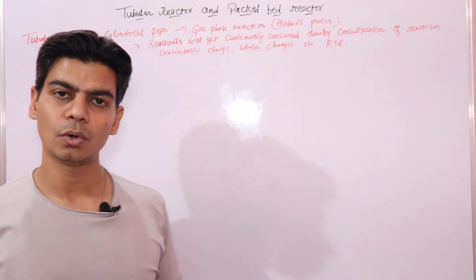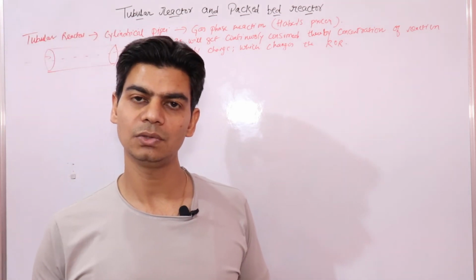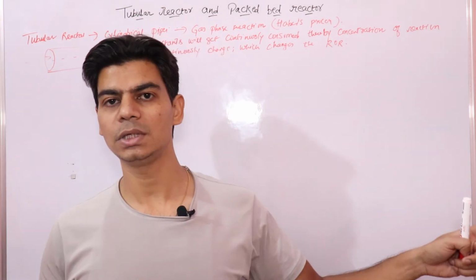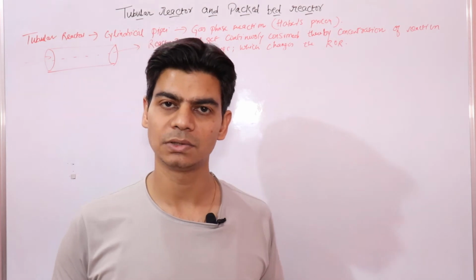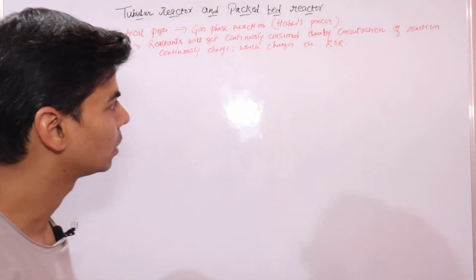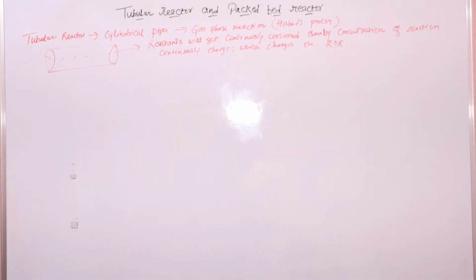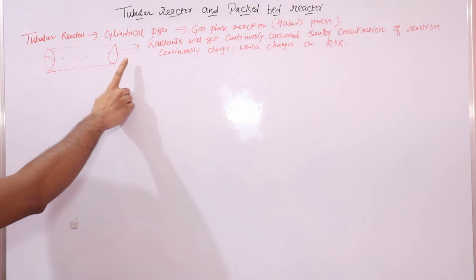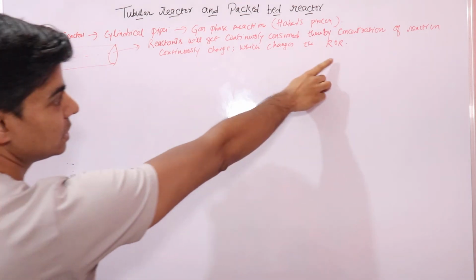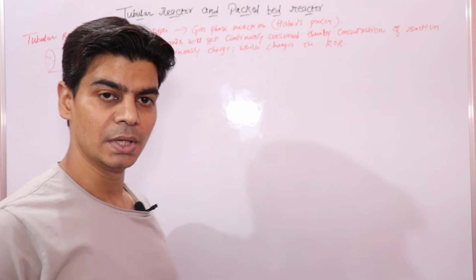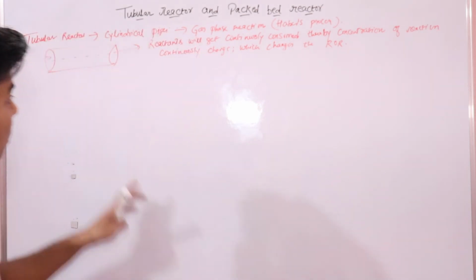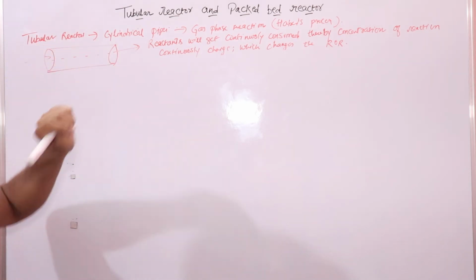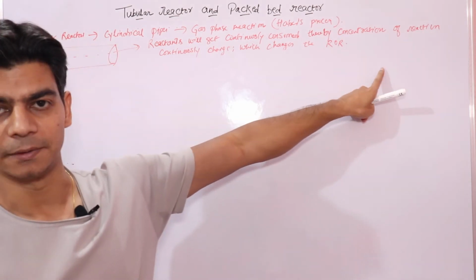If you want to understand the instantaneous rate of reaction, you can click on the link that you see above in the video, so that it will take you to the instantaneous rate of reaction that we have studied in school. That will clear your concept if you want. Here also the situation is the same. The concentration of reactants is continuously changing, which changes the rate of reaction. So inside the reactor volume V, the concentration of reactants is continuously changing.